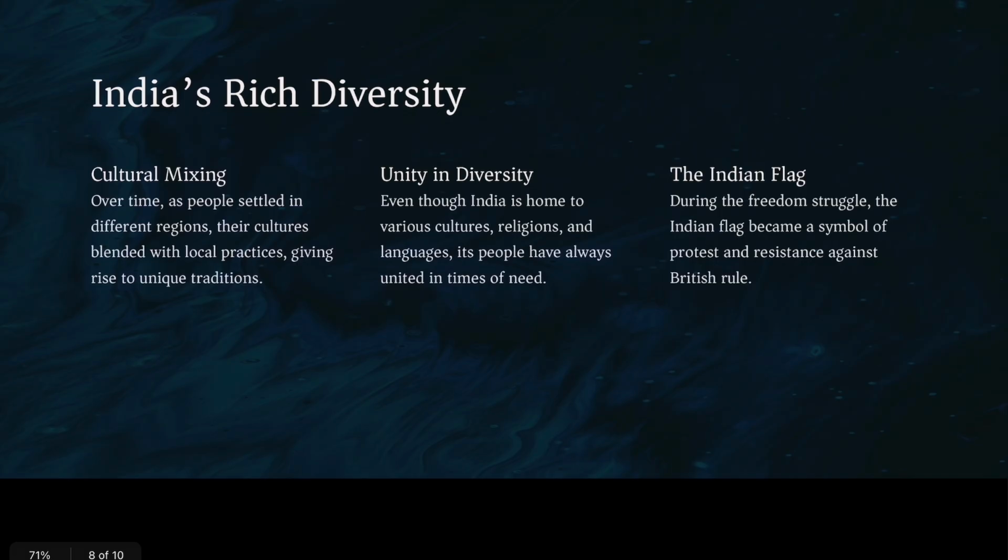India is home to hundreds of languages, cultures, and traditions. It is known for its rich and vibrant cultural diversity. From north to south, east to west, people speak different languages, celebrate various festivals, and practice unique traditions. This diversity is not just our identity, but also our strength. For example, festivals like Diwali, Eid, Christmas, and Pongal are celebrated with equal enthusiasm across India, showcasing the beautiful blend of culture.